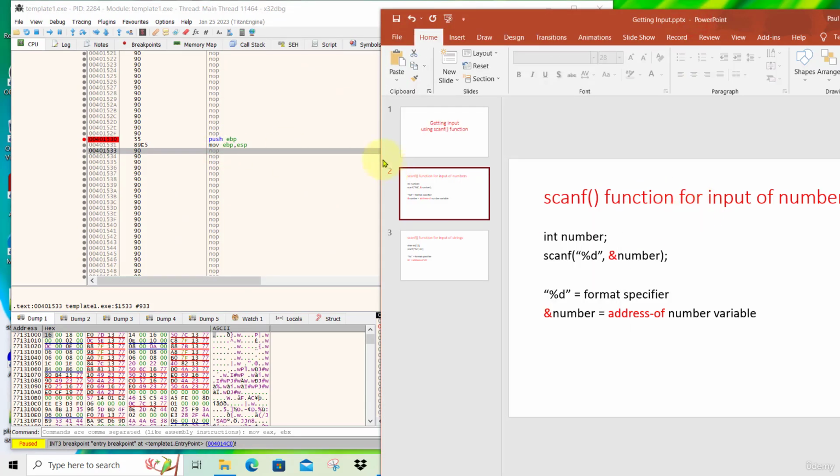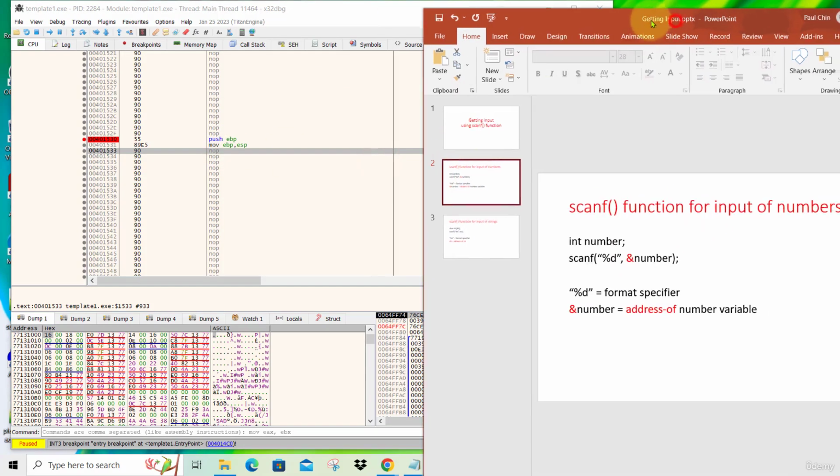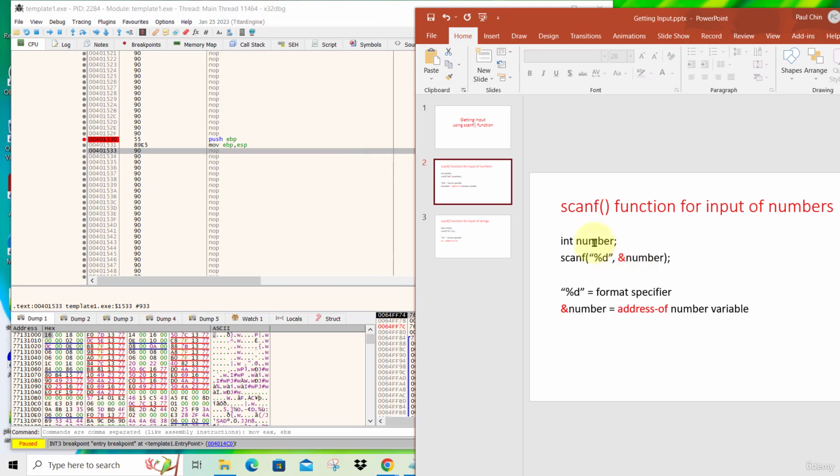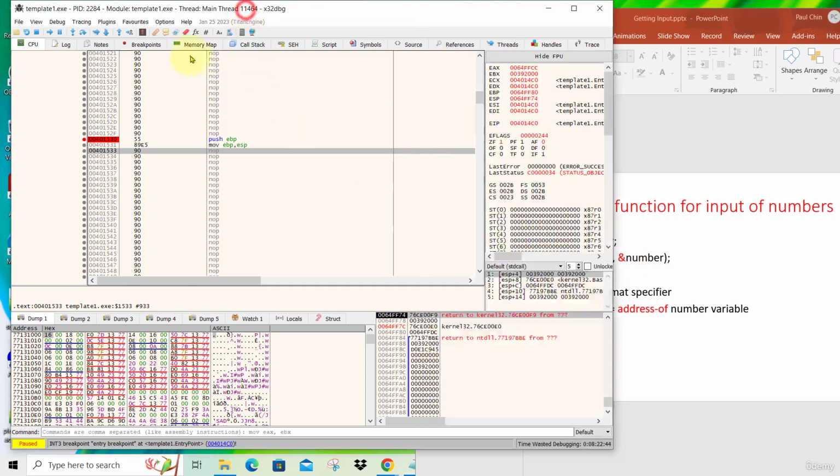To implement this function in assembly, you need to have an address in memory where you are going to store your number, and also you need an address in memory to store the format specifier. Two things you need. The first one is the number itself. For the number itself, you have to allocate memory.